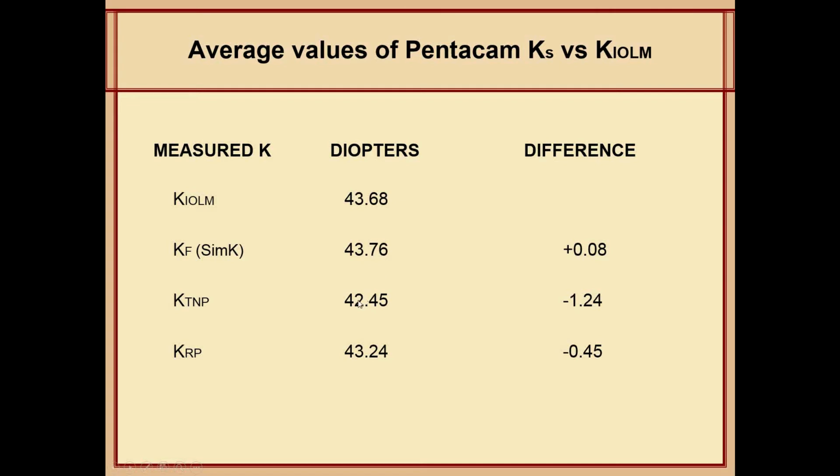Remember, if you had used the European 1.332 index of refraction instead of the American 1.3375 index of refraction that most people are using now, the values could have come closer to these ones. And the refractive power was 43.24, which is a little bit less than half a diopter less than what the IOL Master or the SIM-K will measure.